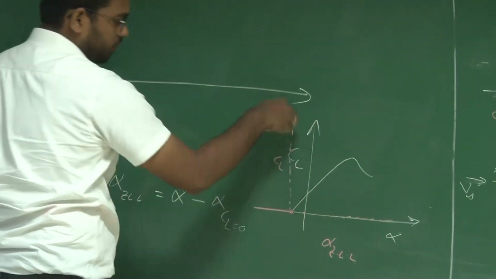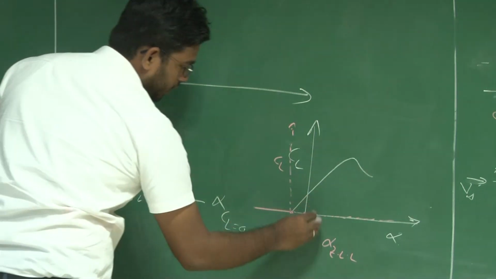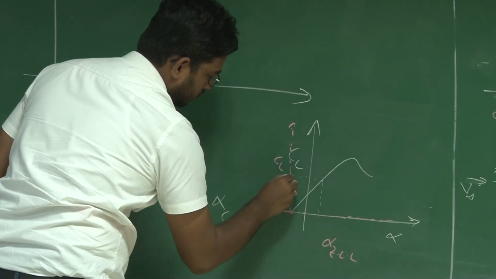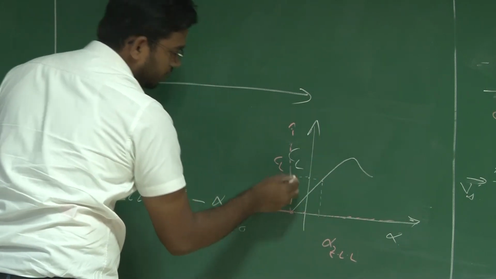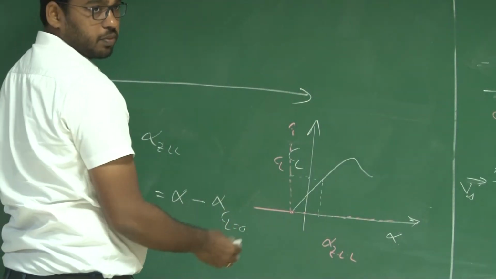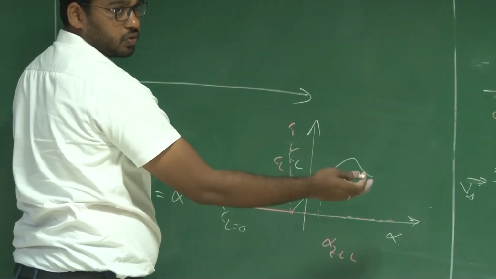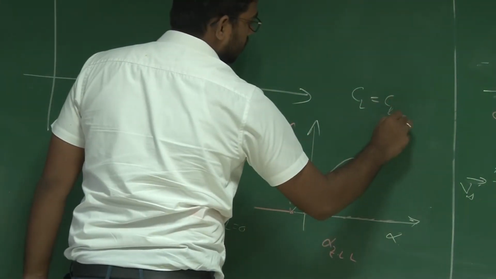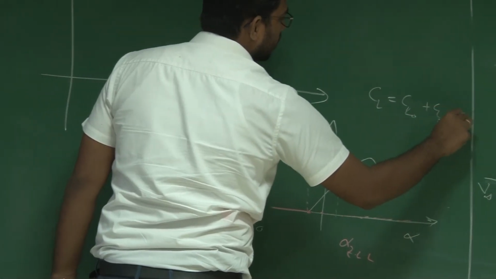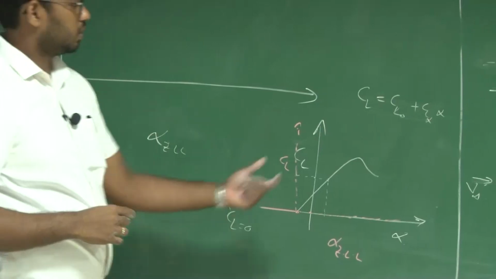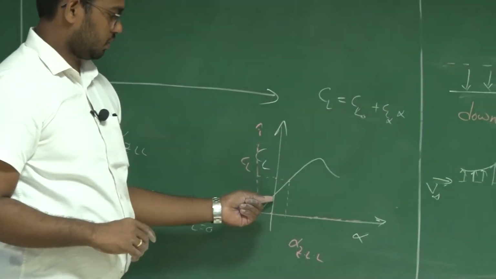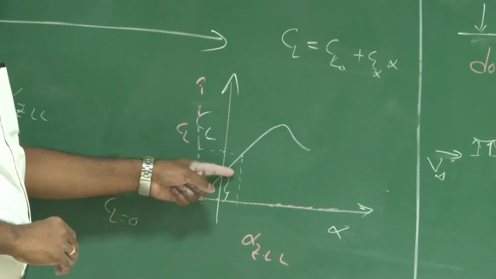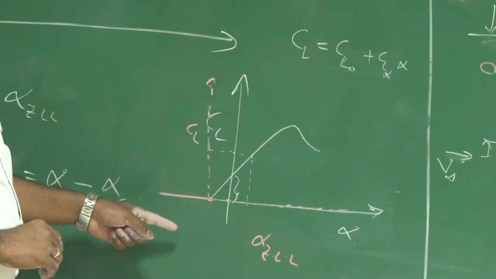So this is again the same y axis, CL. For example, with respect to the chord, for the same CL, if you are measuring the angle of attack with respect to the chord, you express CL equals CL naught plus CL alpha into alpha. This is the normal representation of lift, where you have a certain lift at zero angle of attack, alpha equals 0, and y equals mx plus c. That is how you are going to express this.